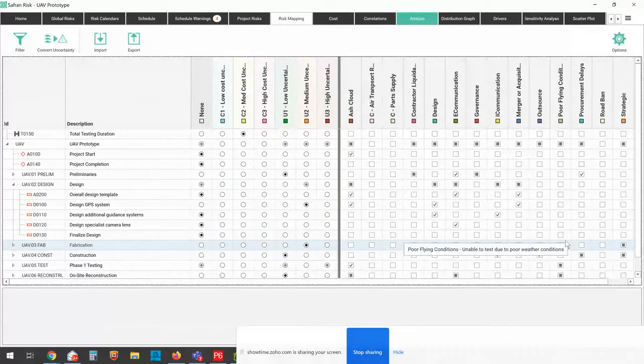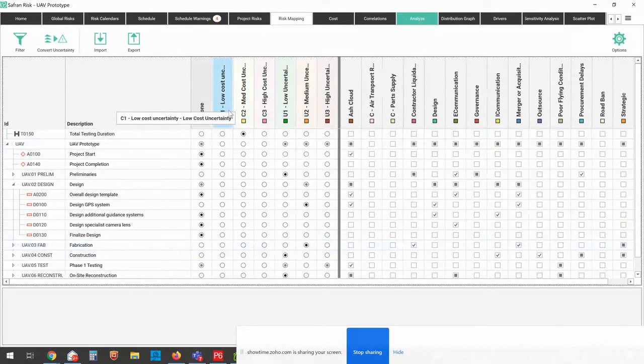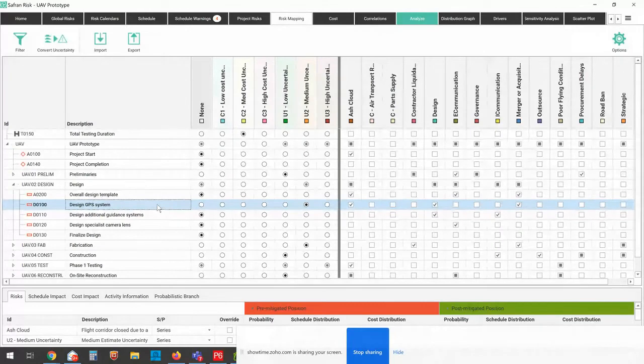So what's the difference? Well, the ones on the left are my estimate uncertainty risks. And remember, I said I can only choose one of them. So in this example here for design GPS system, for example, I've got a medium uncertainty on that. If I want to go to a high uncertainty, you notice that the radio button changes and the first one gets deselected. So I can only choose one of my estimate uncertainty values, but I can choose multiple of my